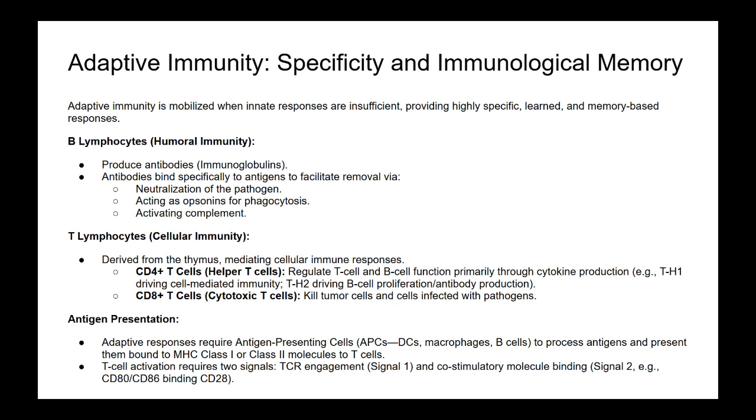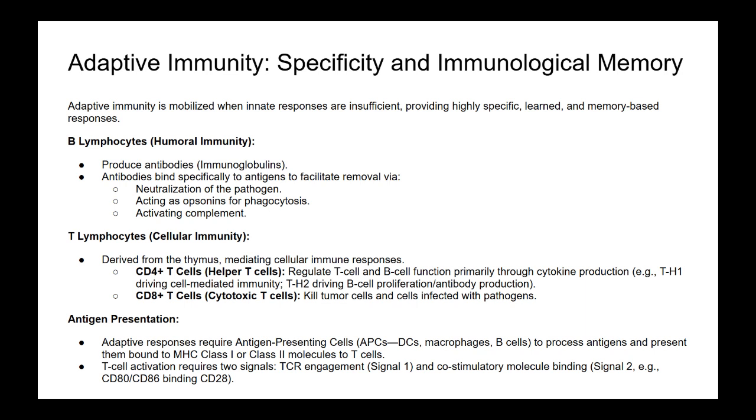Okay, that's humoral, antibody-based. And the second branch is cellular immunity. Right, this is mediated by T lymphocytes, or T cells, which mature in the thymus gland. And T cells come in different flavors, too. They do. Broadly, we have the CD8 plus cytotoxic T cells. These are the direct killers. They recognize and destroy tumor cells, or cells infected with viruses. And then we have the CD4 plus helper T cells. These are arguably the crucial regulators, the generals, organizing the entire immune response. They do this primarily through the release of signaling molecules called cytokines.